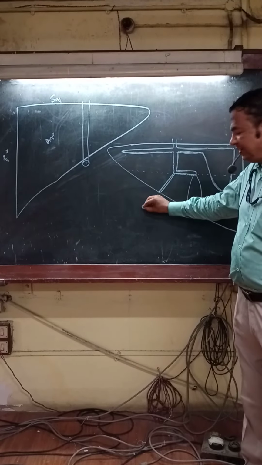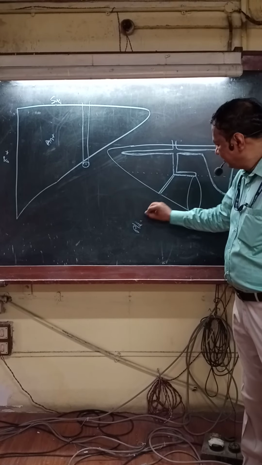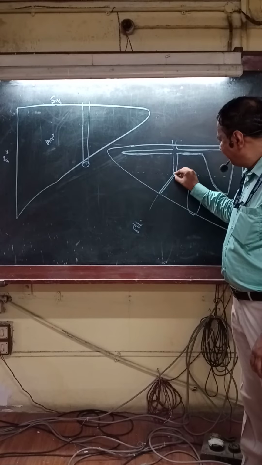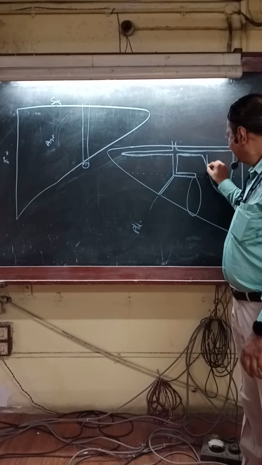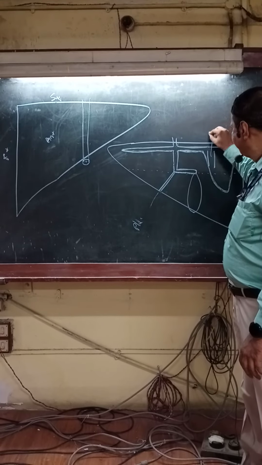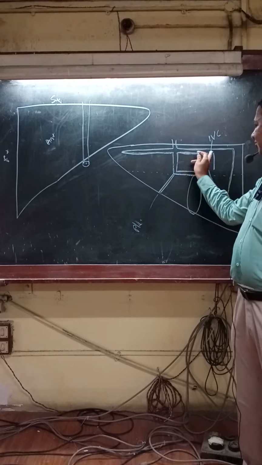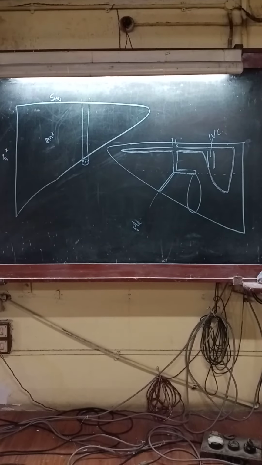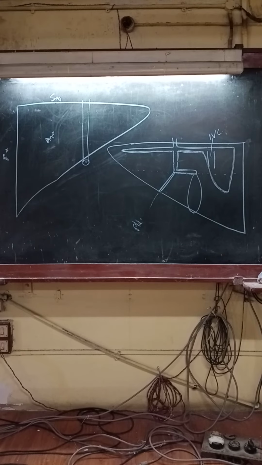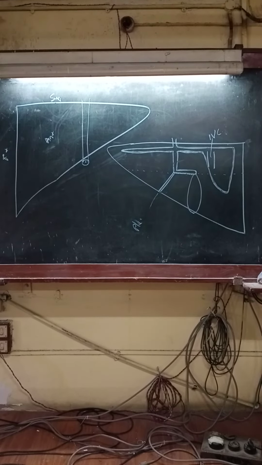So the blood in intraembryonic life will come from placenta, will pass through the umbilical vein, ductus venosus, and then to IVC. Here, IVC I have drawn here. Here is IVC. So from here it goes to the IVC. From IVC it goes to the heart and then distributed all over the body. So we want to bypass the liver.